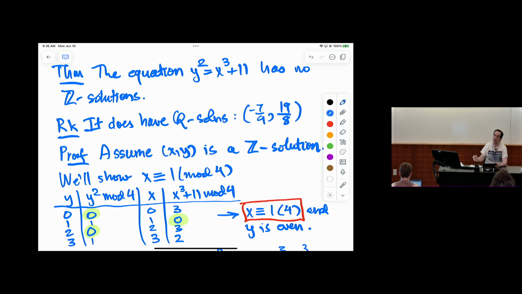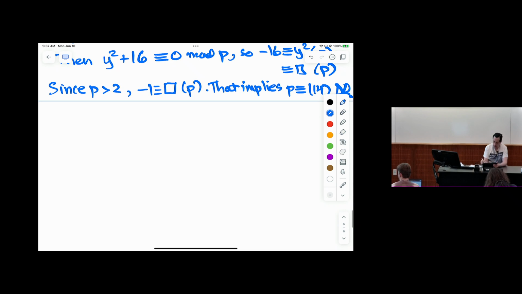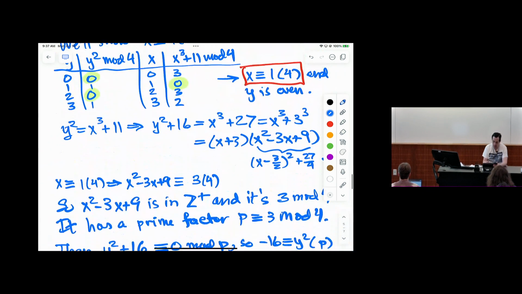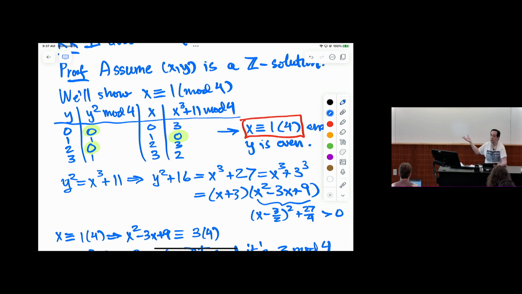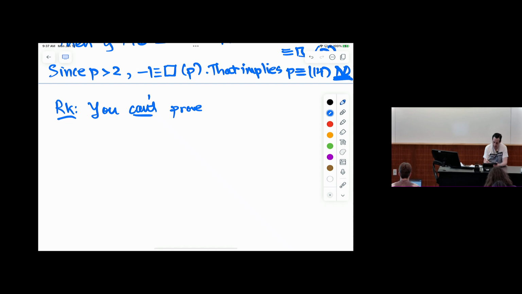Reduction mod m, right? The simplest method that you often see being used over and over in elementary cases is just using reduction mod m. So maybe I should make a remark here. We did use reduction mod 4 here, but that was combined with other things. Let me just emphasize, you can't prove that some Mordell equation has no integer solutions